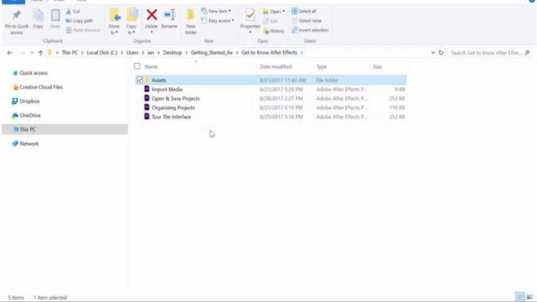The way I've organized things on my hard drive, I created a folder called Assets, and anything that I thought I was going to import into any of these After Effects projects, I put in the Assets folder. That's because After Effects projects don't embed external files. They reference where those files live on your hard drive. So whenever you're working